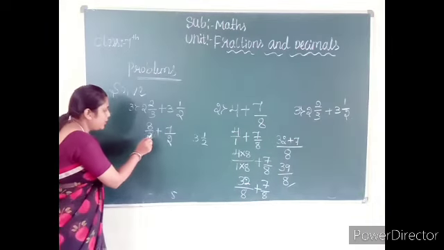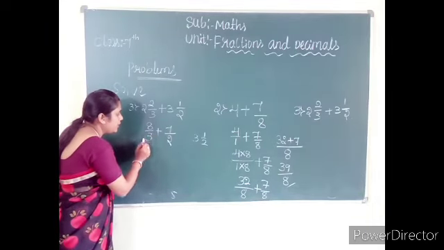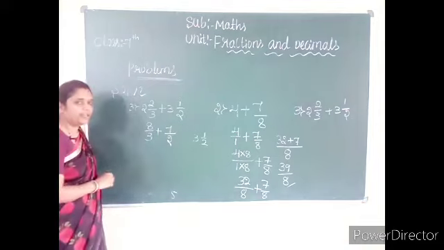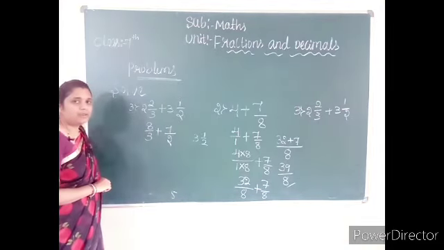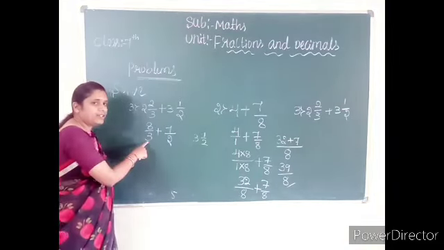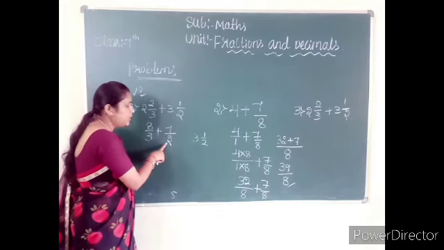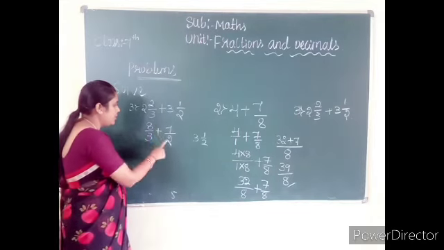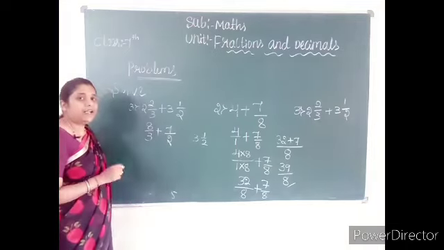Okay, so look, the value of the denominator is less than the numerator. So these are examples of improper fractions. We have the denominator 3 here, and 2 here. So we convert these fractions into like fractions.